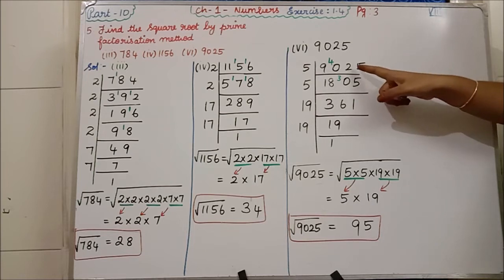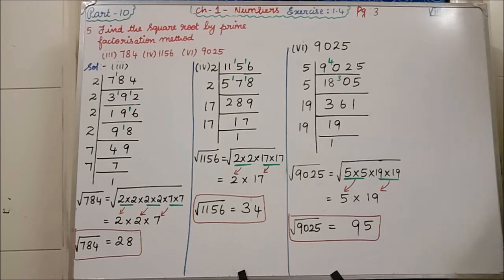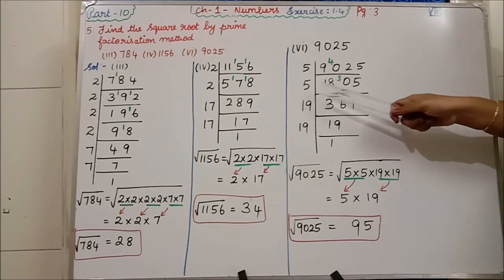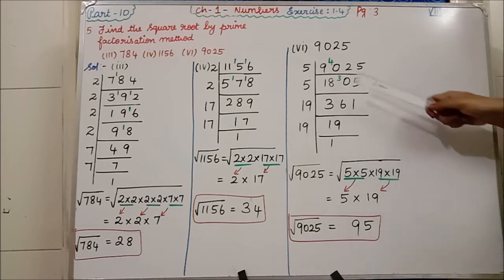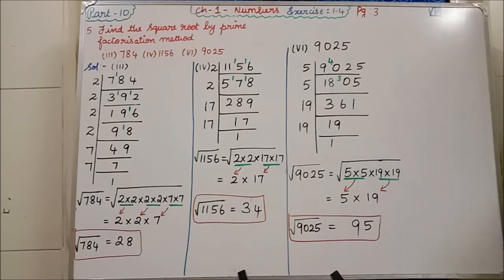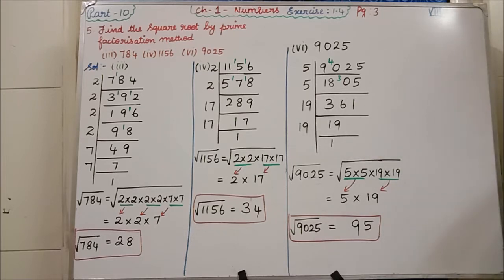So next we are going to take 2 numbers. So write 0. Then only you have to take 2 numbers. Clear? 5 5s are 25. Again it's ending with 5, so I am going to do again with 5. So 3 5s are 15. How much extra? 3. So I have written on the top 3. So it becomes 30. 6 5s are 30. 1 5 is 5. So 361 is what square number? 19 square number. So 19 into 19 only is 361. Again 19 is a prime number, so it will come only in the 19 table. So 1 9 is 19.